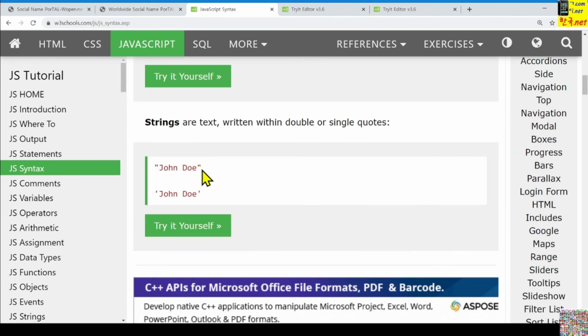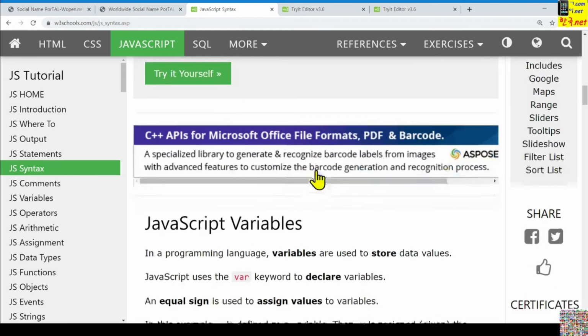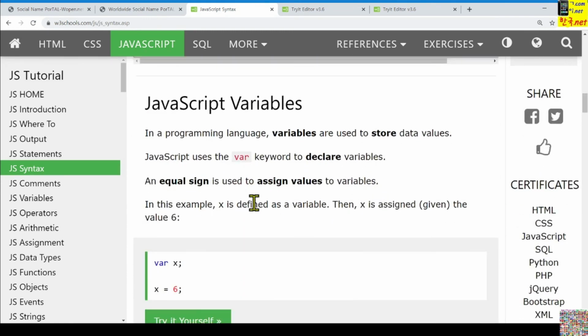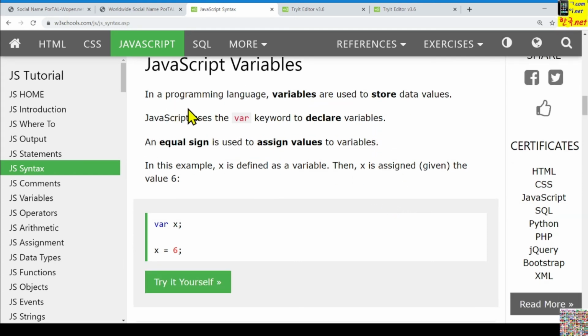For strings, we can use single quotes or double quotes. For variables, we can use the var keyword to declare variables.